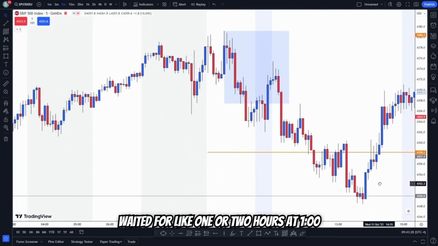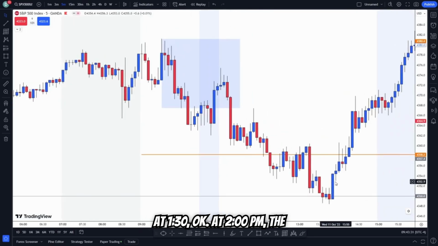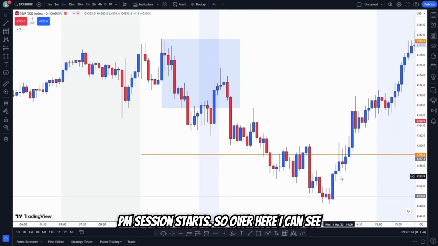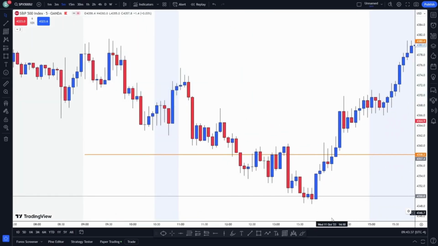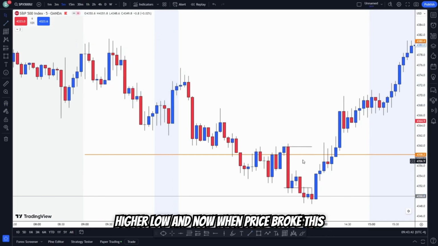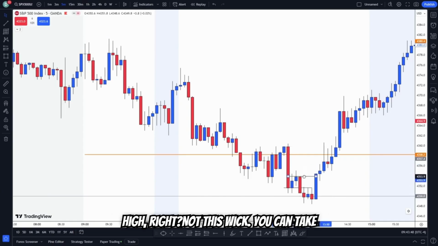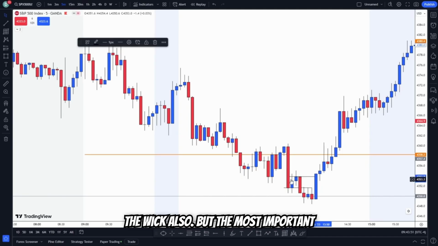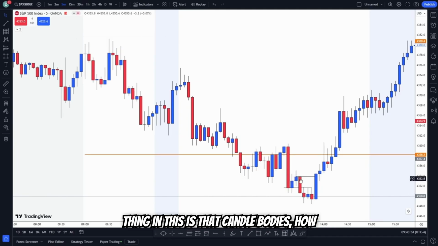So I waited for like 1 or 2 hours, at 1 o'clock, at 1:30. Okay, at 2 p.m. the PM session starts. So over here I can see that the market was making a higher high, higher low, and now when price broke this one over here, this is the higher high, right? Not this wick. You can take the wick also, but the most important thing is the candle bodies,